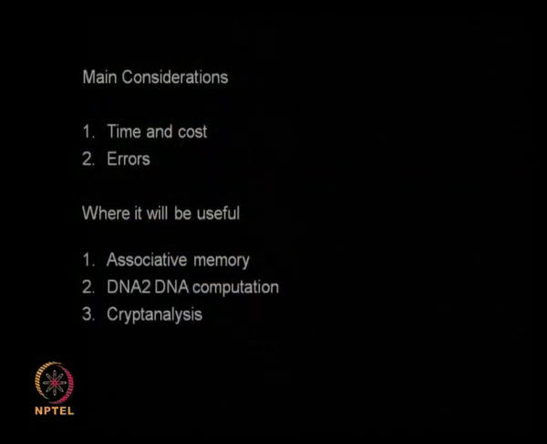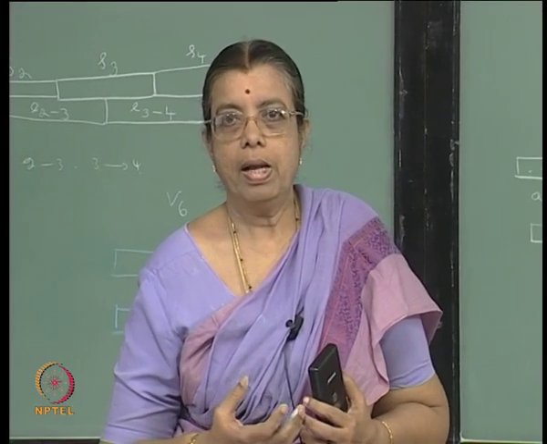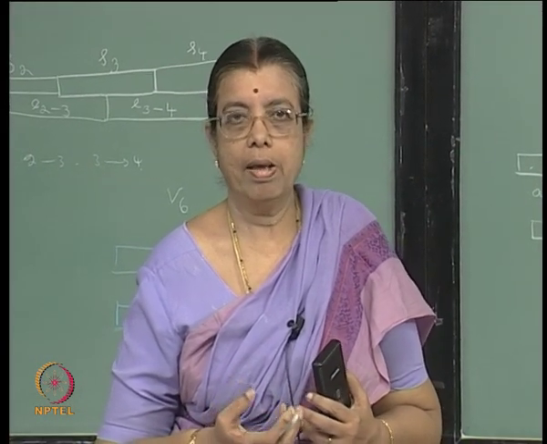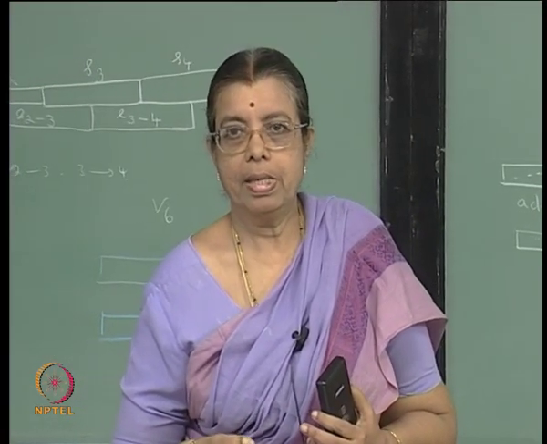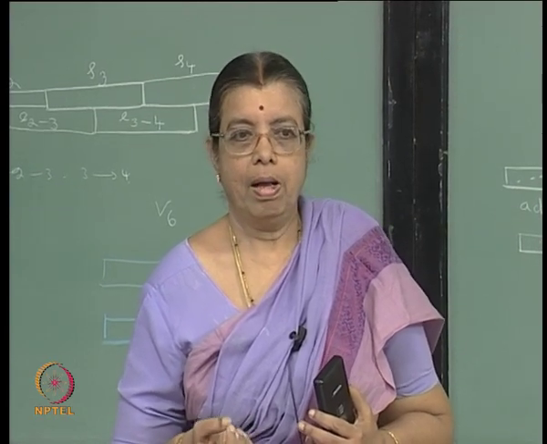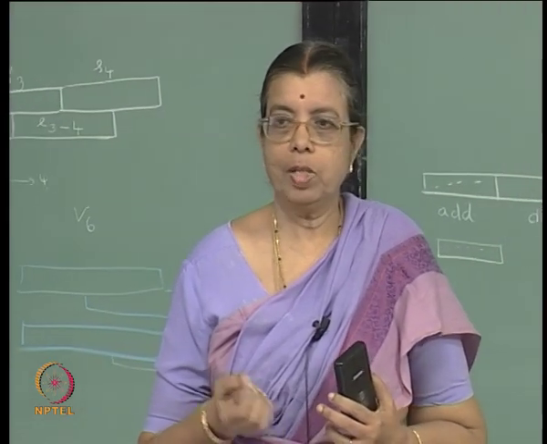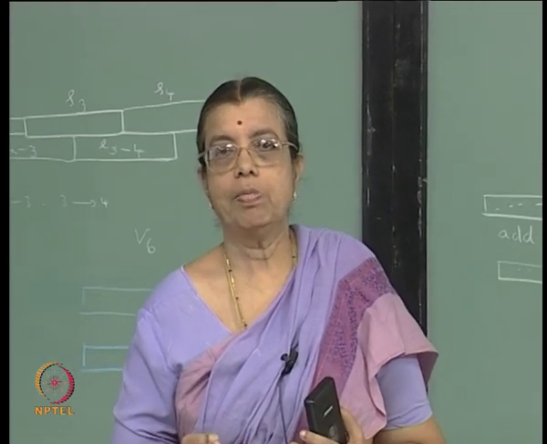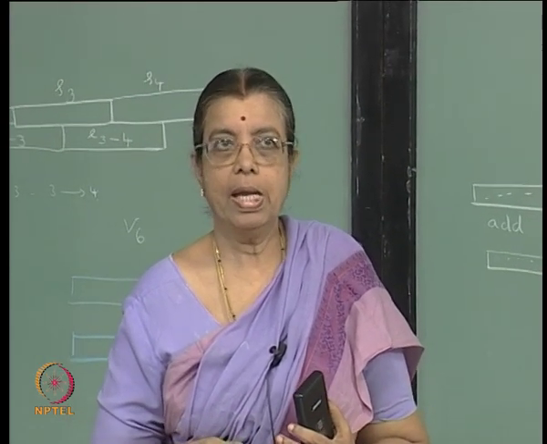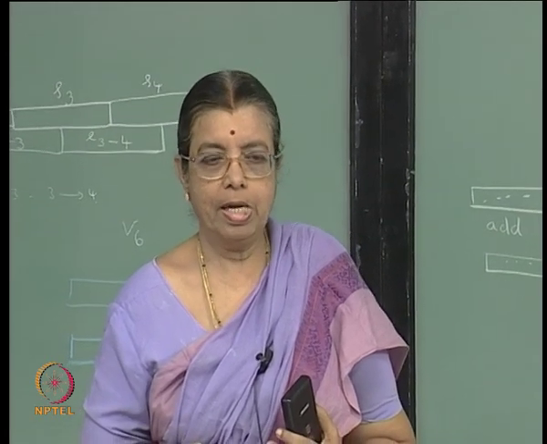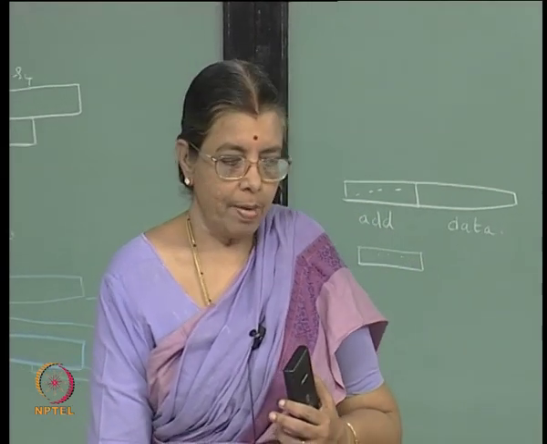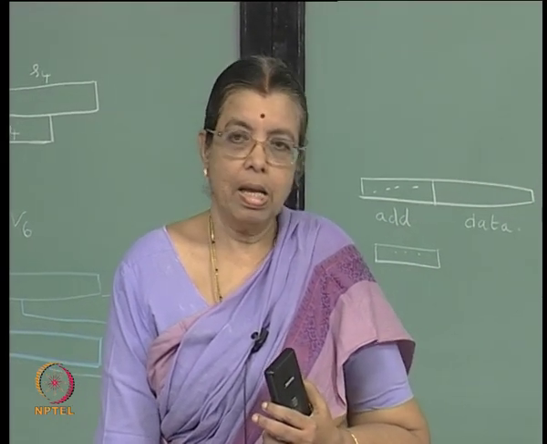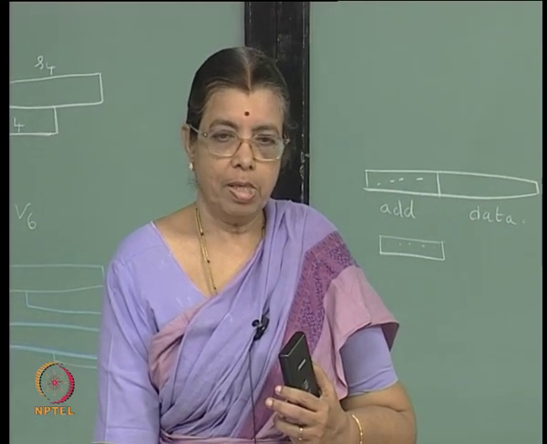Another one is DNA to DNA computing. In many cases there are tests to be done on DNA. A crime occurs and you want to find out whether the blood there is the same as the blood of the culprit, and you suspect somebody to be the culprit and you want to test his blood. So, sequencing is done, DNA test is done and so on. In many other cases also, in finding out crimes and in legal battles, finding out the DNA sequence becomes important,